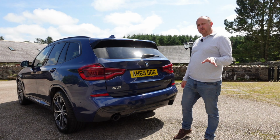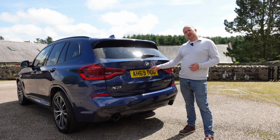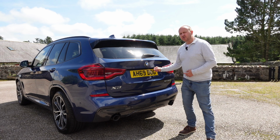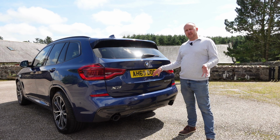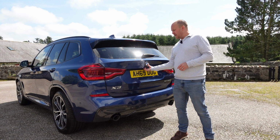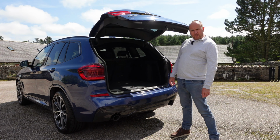Now let's take a look in the boot of the X3, but before we do that, let's just quickly point out that this nice high definition rear view camera doesn't have a wash system, so it will get dirty very easily and you'll have to clean it loads, otherwise your reversing camera will be an utterly useless feature. So, I digress. When we open the boot, power tailgate, and it opens at a reasonable pace, so that's good,